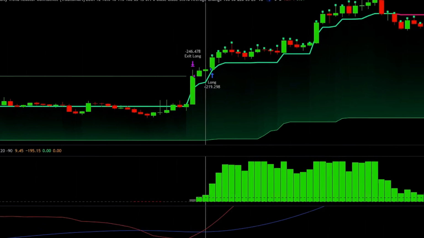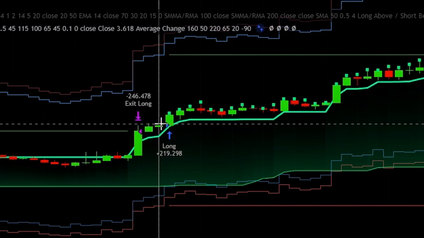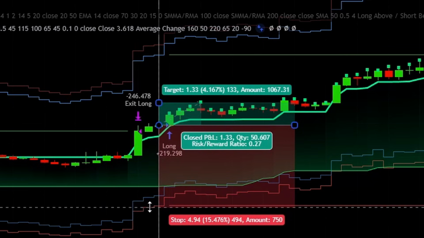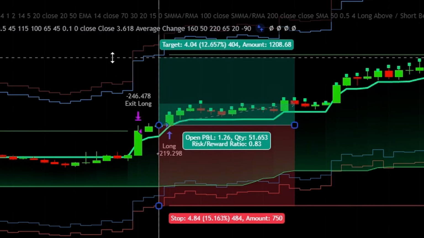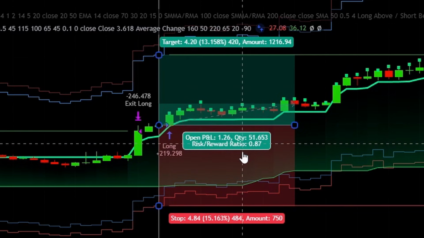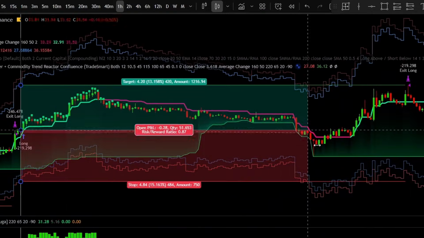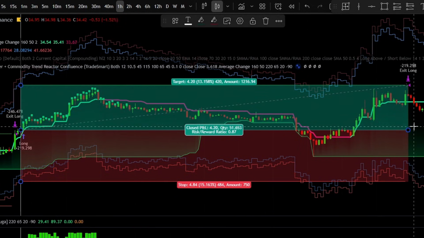Now we need to enable our stop loss and take profit indicator, and the entry will be at the close of the signal candle or at the open of the next candle, the stop loss at the lower NNFX ATR red line, and the take profit at the upper NNFX ATR blue line. This gives us roughly around a 1 to 0.87 risk to reward ratio. And in this case, the take profit level was hit right there. Okay, now let's see a